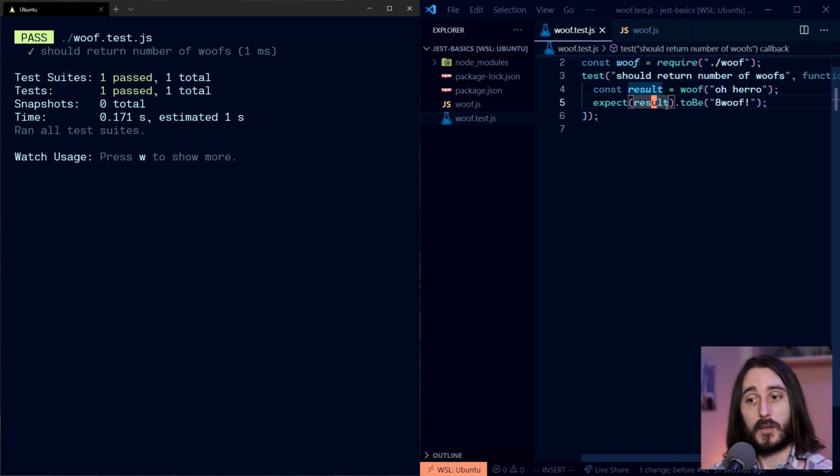And then I expect the result of that to be, and you can see how it kind of reads a little bit like English here, as this 8wolf as the argument. So that's an exact match there. Now, what's really cool about this is that this starts to show how testing itself can be used as a form of documentation. Now, I'm not saying that it should replace actual handwritten full explanation documentation, but it's actually really